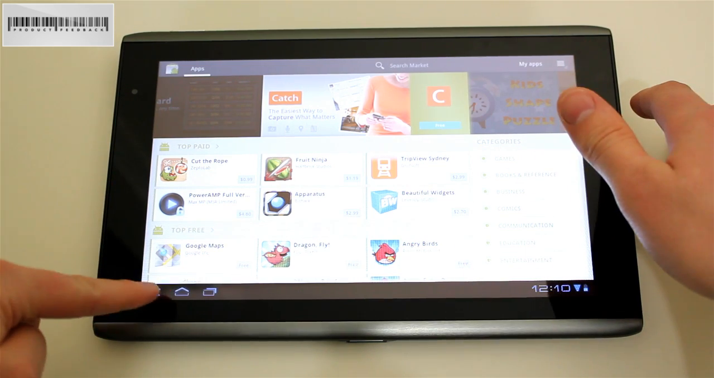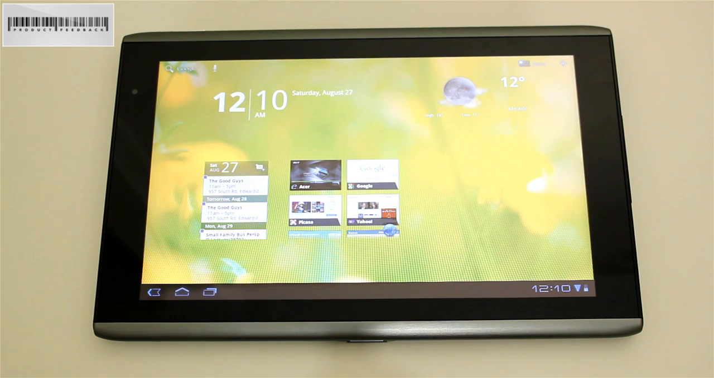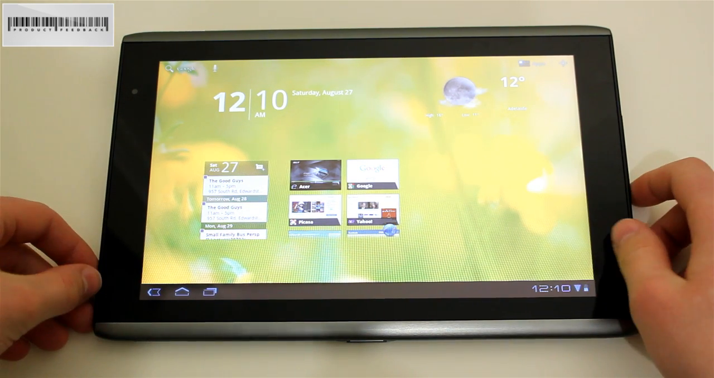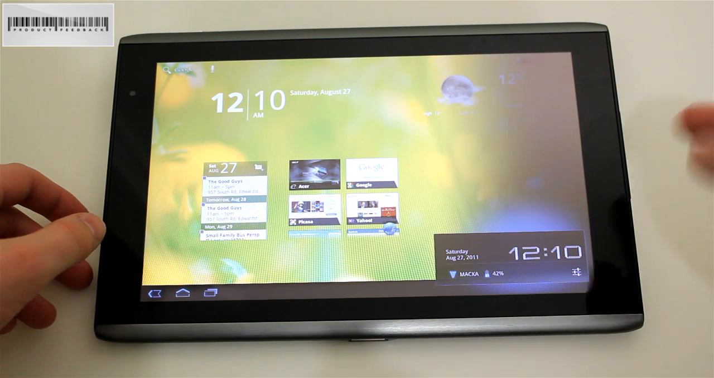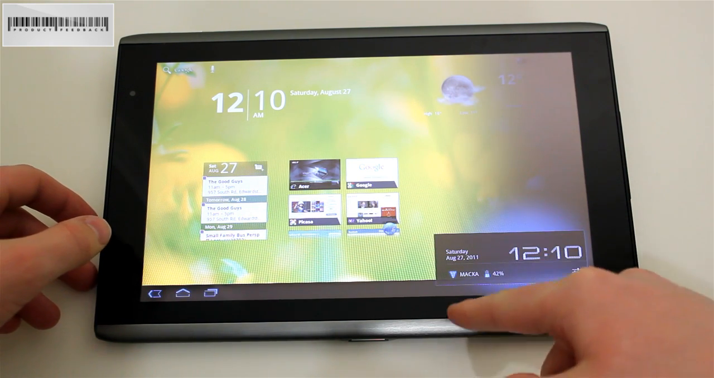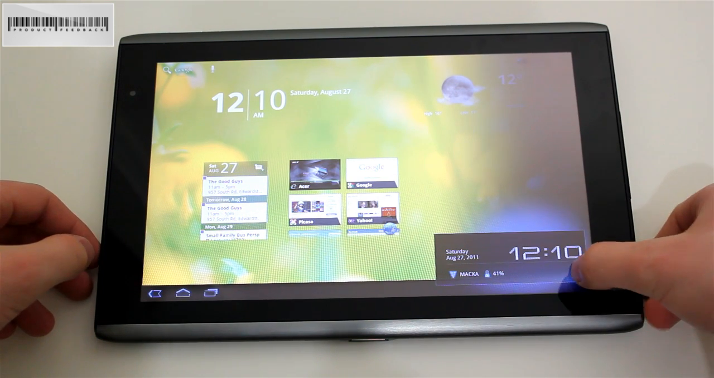Now if I want to go back to the home screen, just press that, and I'm back to the home screen. So it's not that difficult to use, it's quite simple. But now I'm just going to show you down here. This is the clock. And then if you tap on the clock, it shows you the network you're connected to, your battery life, and a little bit more information. If you tap on this here,